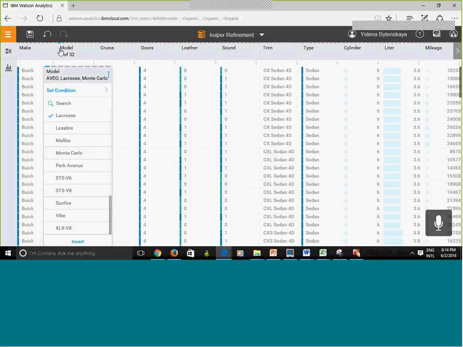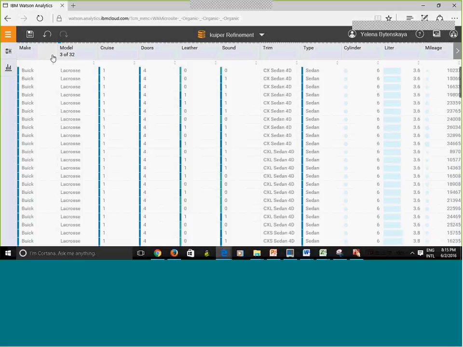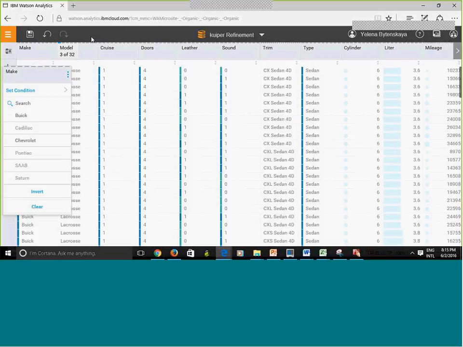So that's basically what it does. Right now I selected 3 values. So what it's going to do is it's going to filter my data, and the data will include the values that I selected. And suppose that I don't like what I did. What I'm going to do is I'm going to hit undo. Right? I can undo.